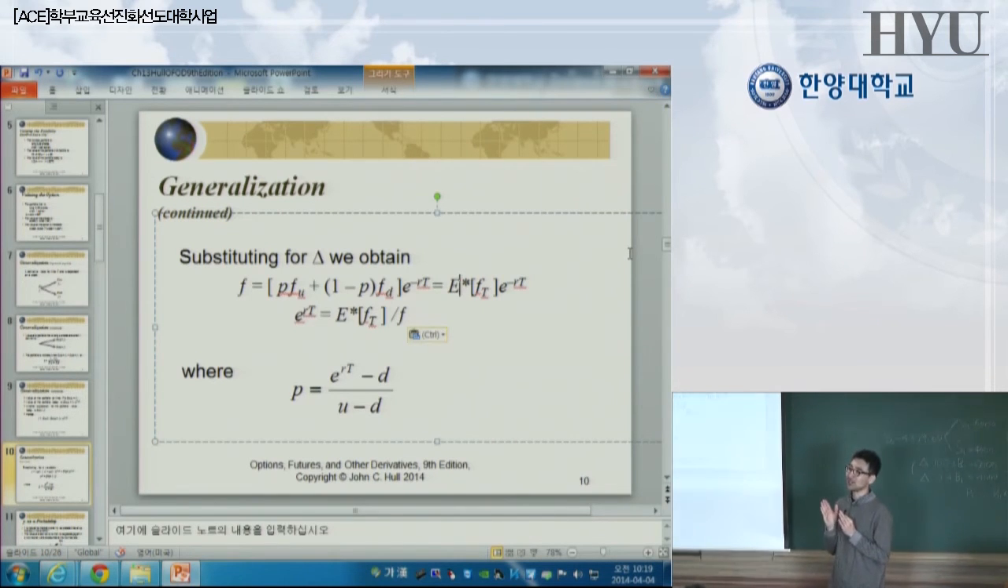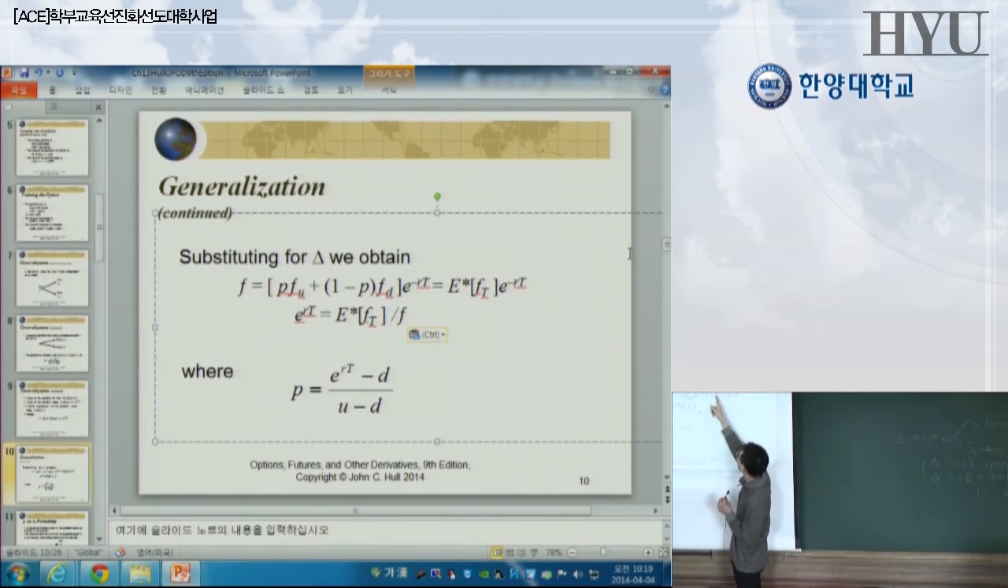We want to distinguish the real world and the hypothetical world. Therefore, we want to stop. That's the reason I put stop. So